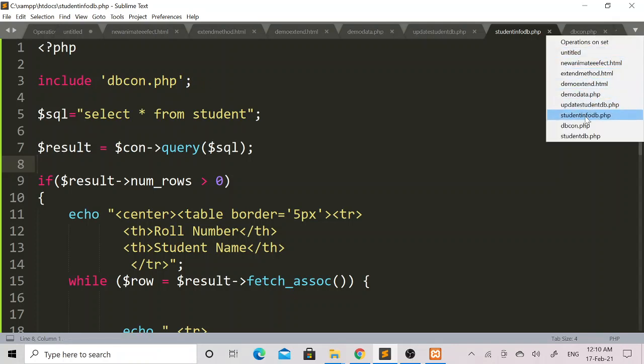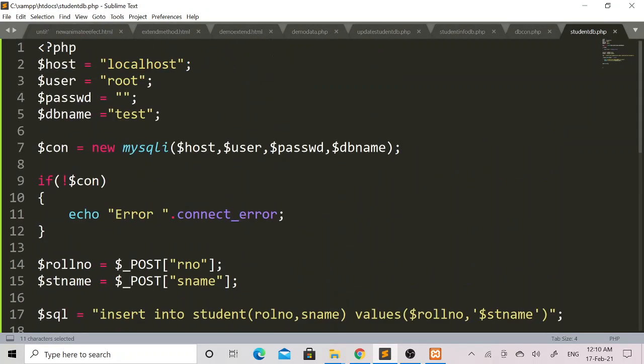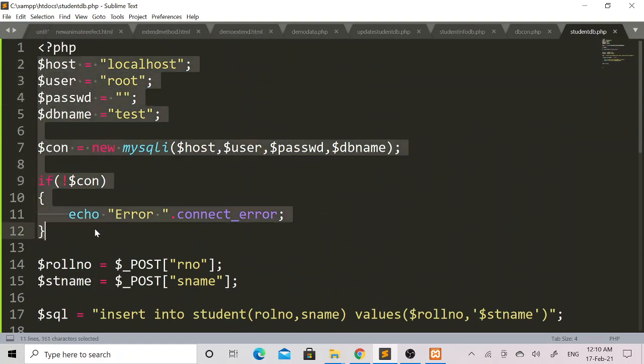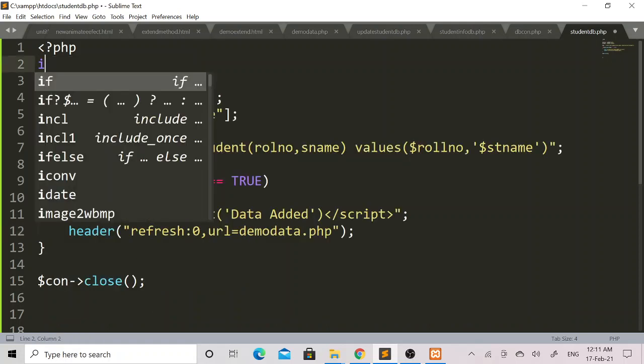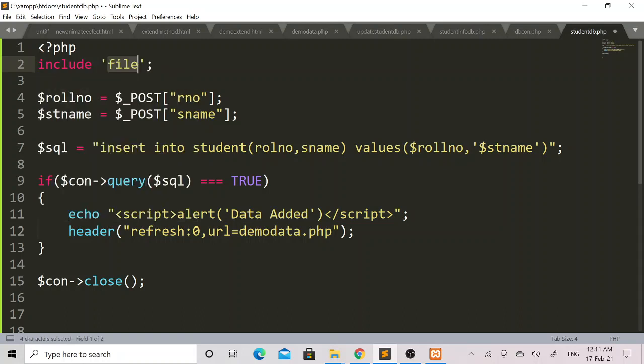Here in studentdb.php, I will remove the first lines of code of database connection, and I will simply include the dbcon.php file using the include keyword, and within a single quote I will mention the dbcon.php file name, so that the database connection code will get automatically executed before executing the rest of the PHP code.